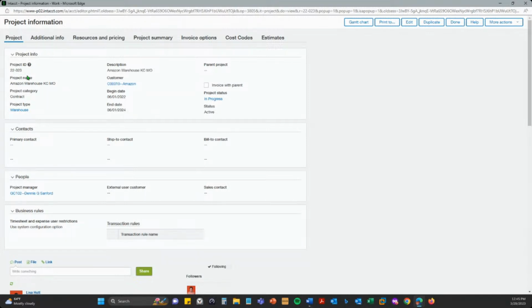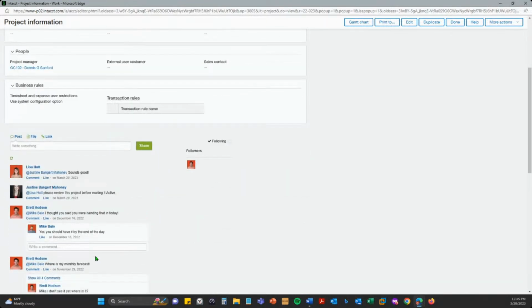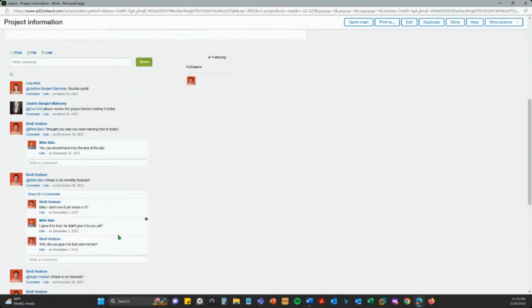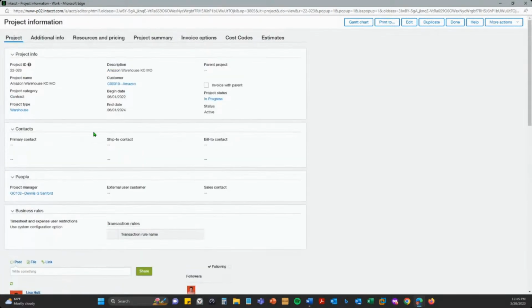Project ID, lots of ability to format these different ways. We can have different types for sorting and viewing information. The customer that we're doing the project for. Again, this is that messaging information. Looks like we've had quite a bit of commentary on this particular project, which stays there forever.